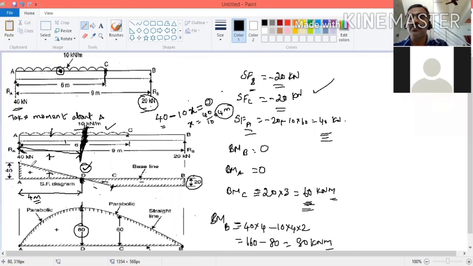Now if you want to find the maximum bending stress, which value do you have to take? You have to take 80. Which point will be subjected to maximum stress? Point D will be subjected to maximum stress, so failure will take place first here. That is the objective of finding this stress: where failure will take place. To avoid this, what you have to do? That is about design.